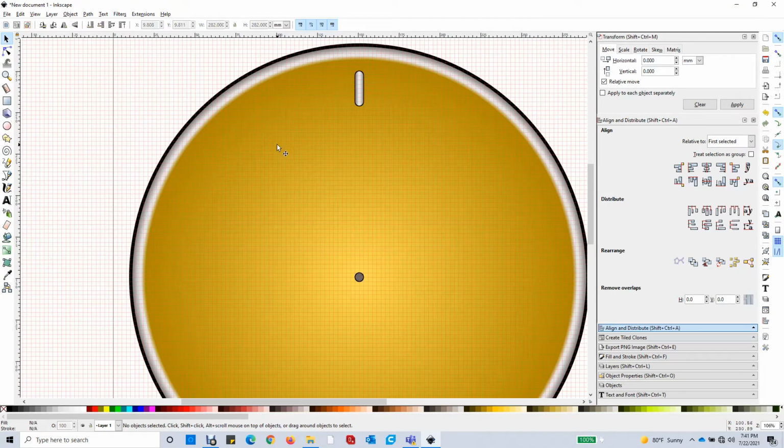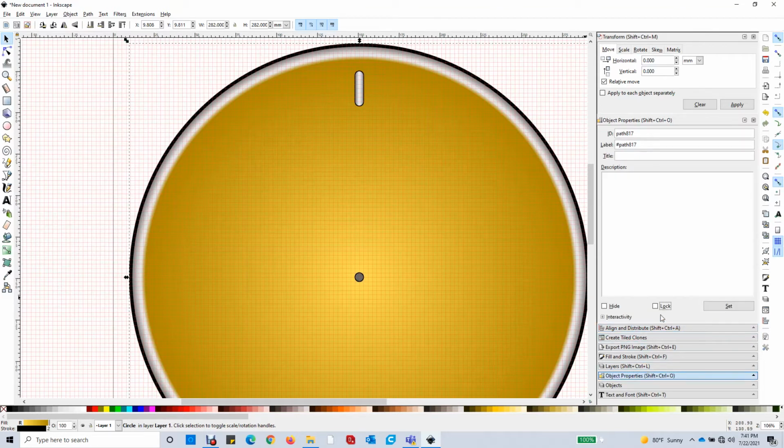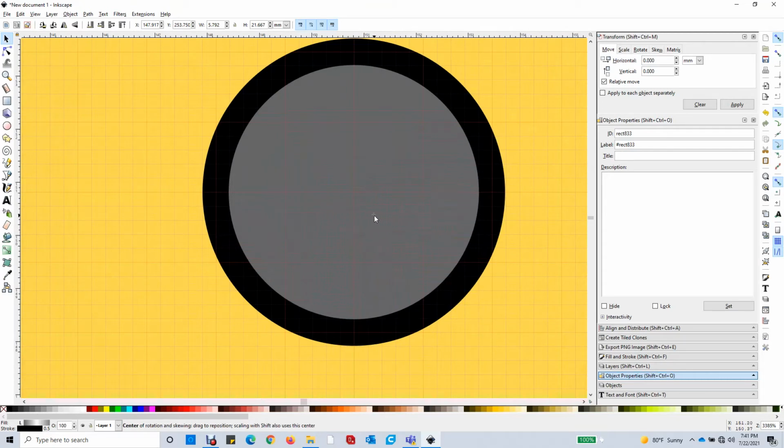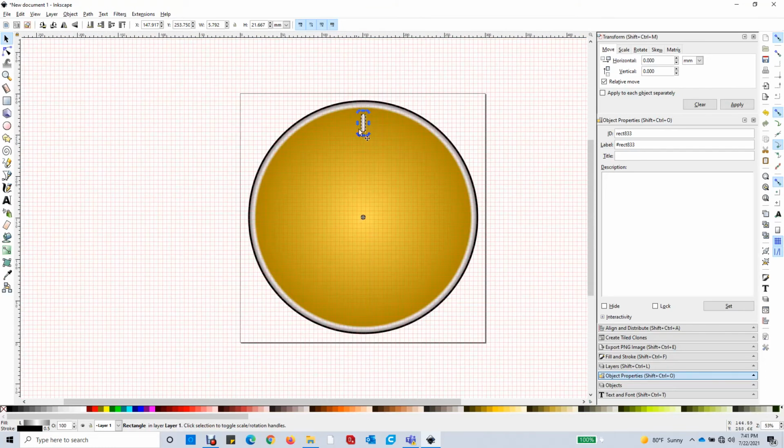All right, so then I'm going to take this, and I'm going to lock it again with the object properties, so it can't move. Now I can click on this and click again to get my little dot, move it down here, zoom in and say, yeah, the center point is right here. There, now I've got the center point of this.